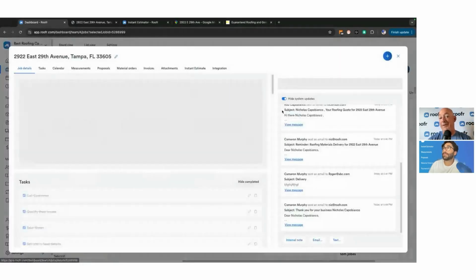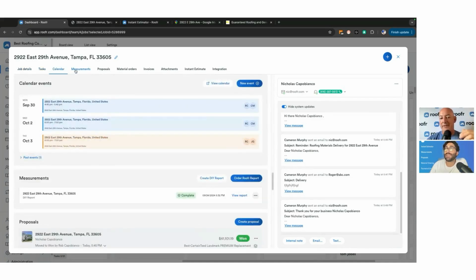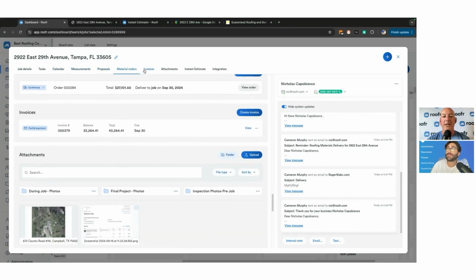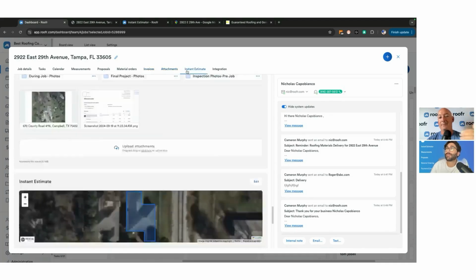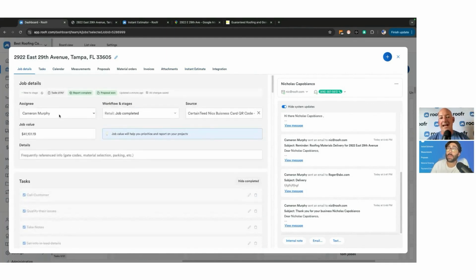Even as that job card was moving itself essentially through the workflow, Nick wasn't even moving it. It was triggering off of the events happening, like the proposal being signed and things like that. It was moving itself through the workflow, and Nick was just cruising through the job card, just doing the steps literally in the order that they're in there, right? Like he's just creating these items as they're listed and just kind of moving from one step to the next step. Meanwhile, it's creating a